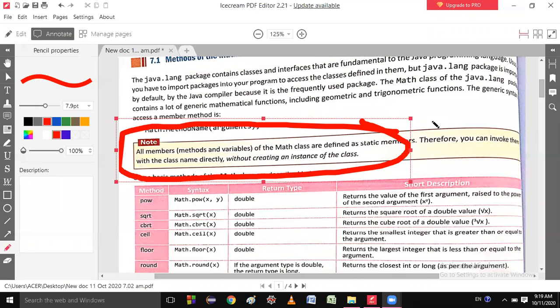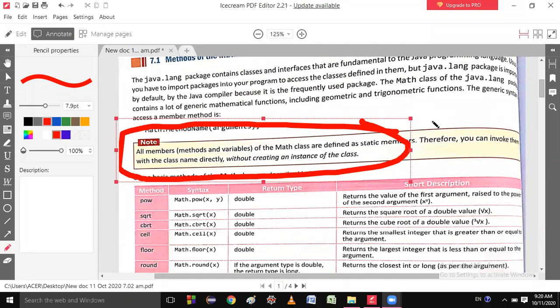Public class static void main string args. What are you saying? Listen to my question. If a class has a static method and a static variable, how can you call them? Okay, for a normal method and normal variable, how do you call them?